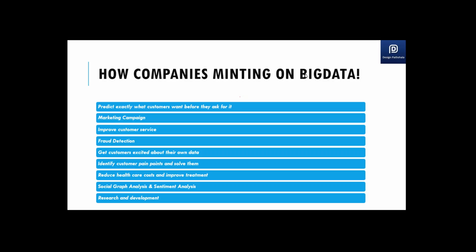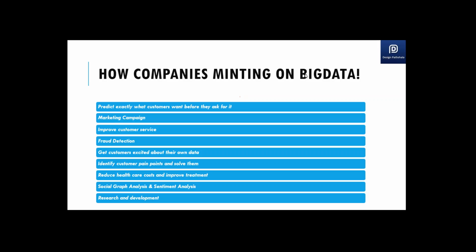So basically, predict what exactly the customer wants. You search for any product on Amazon, or any e-commerce website. Go to any other website, and you will see an advertisement for the same product somewhere on the left or right, popping up. So based on your searches, what you're looking for, and your history, people are really trying to predict what you want before you ask for it.